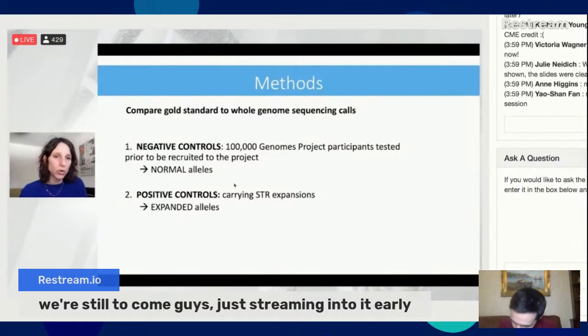For negative controls, we collected PCR test data on 100,000 Genomes Project participants, patients that were tested prior to recruitment to the project and therefore mostly carried alleles in the normal range. We've also collected